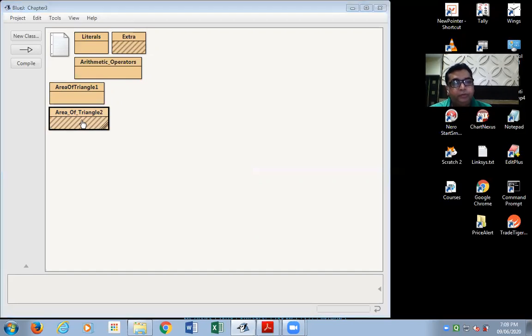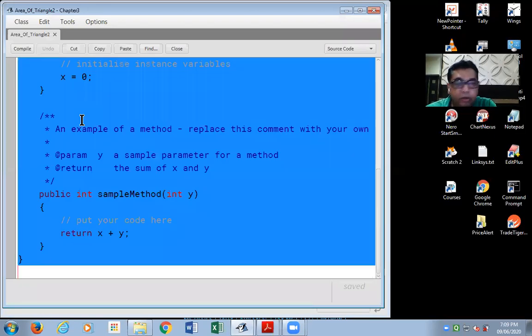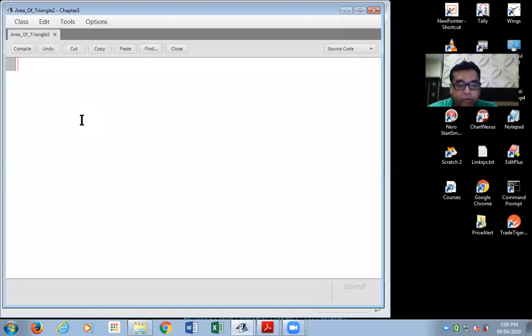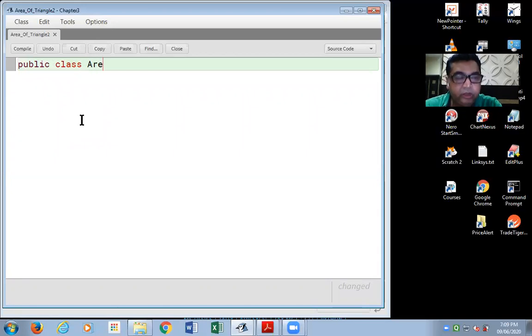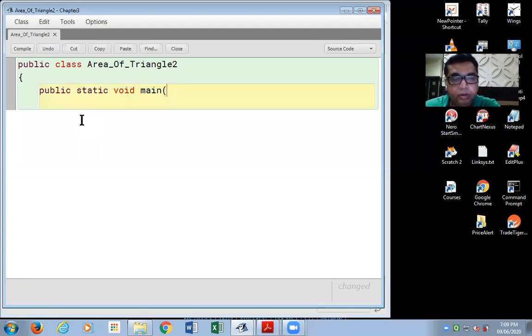Double click on it, press Ctrl A and delete these lines and start with your class public class area underscore of underscore triangle 2 curly braces. Within the class I'm defining the function public static void main string arguments.